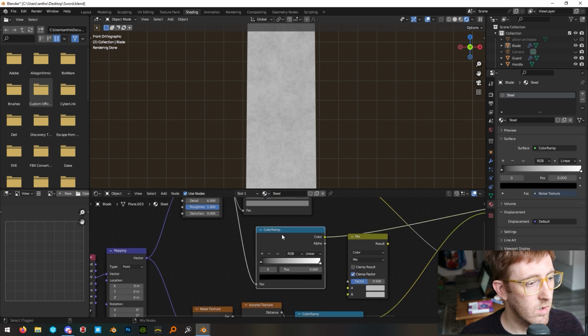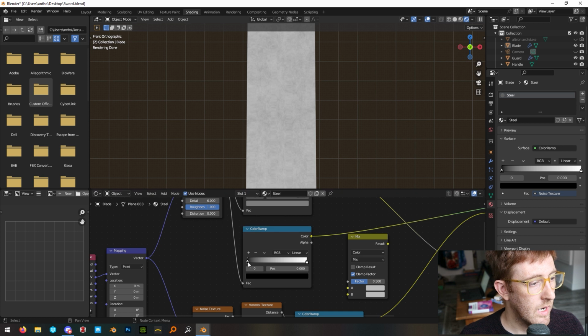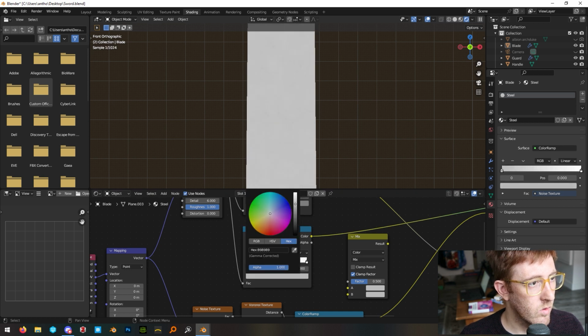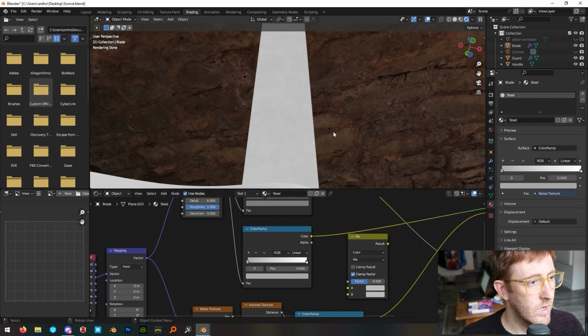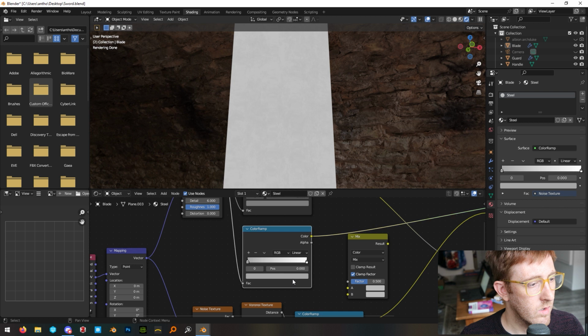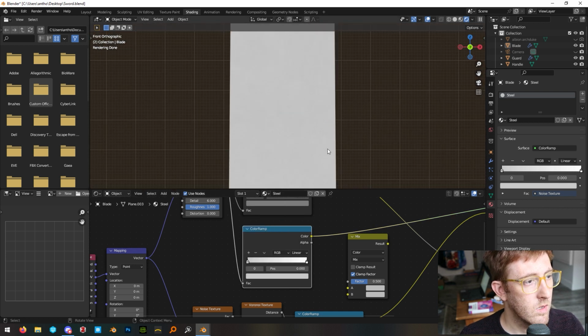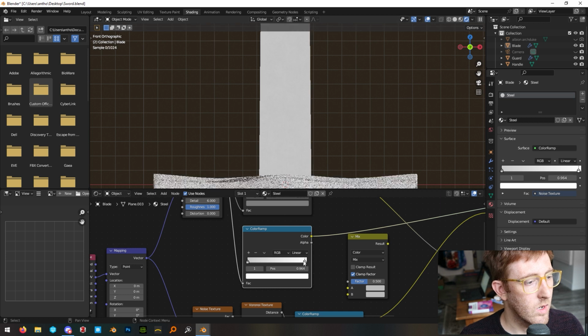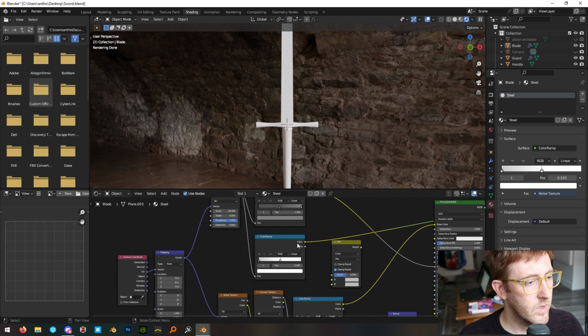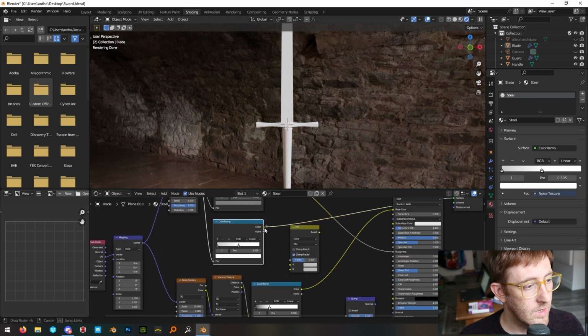Control Shift click our color ramp to preview it, and I'm just going to take this black and turn it to something like this. Right, so we've got maybe even less than that. Very, very subtle, a white going to a whiter light, and maybe I'll even restrict it like that a little bit. And so now I'll take this output and plug it into the A on our mix node,